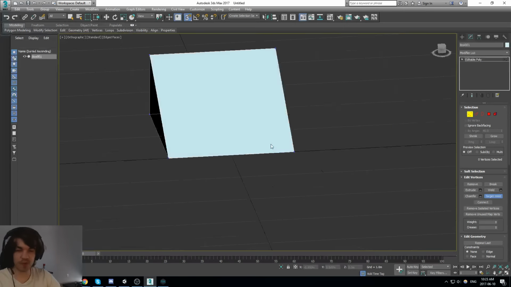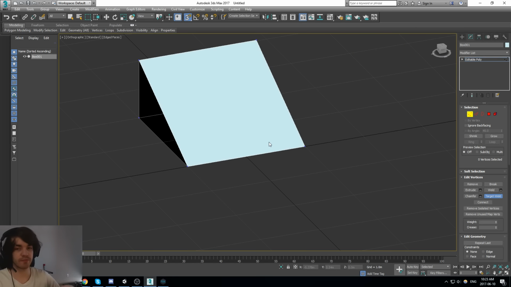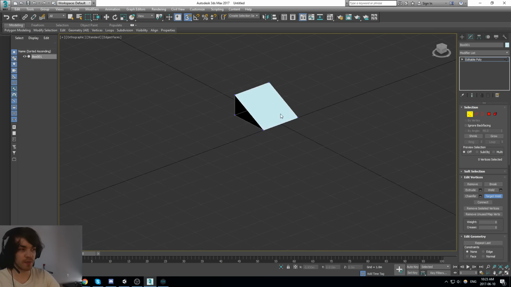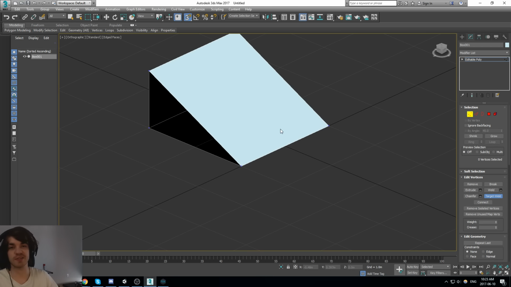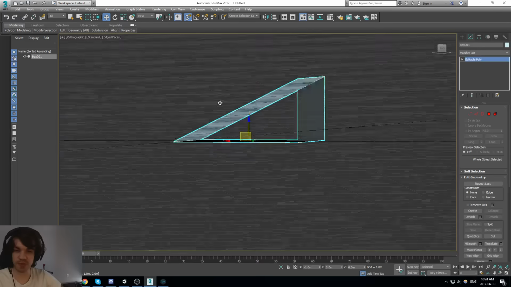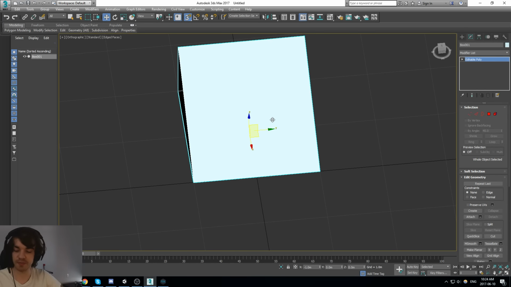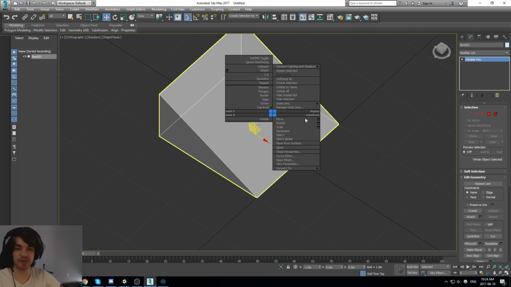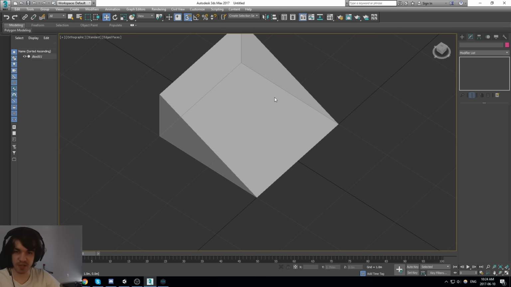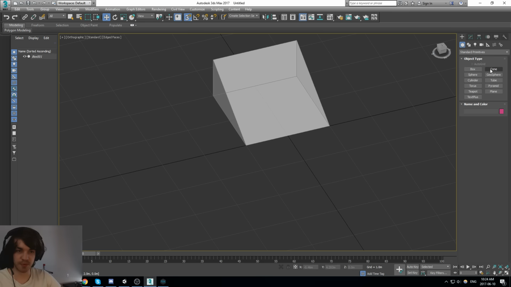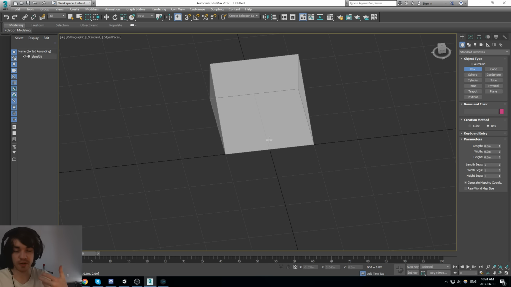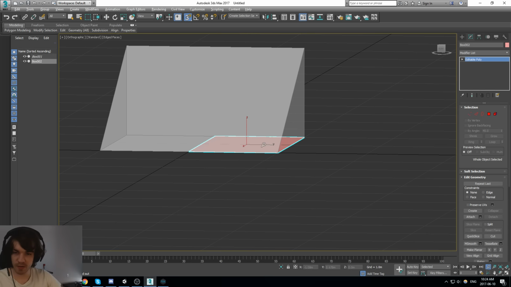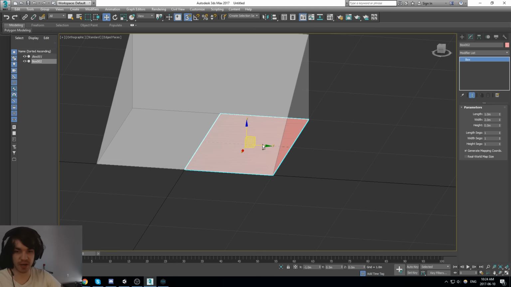So that would be the real size of my ramp, but we want to cover that with something more cool, something different. I was thinking about doing some wooden planks, like you would use as a jump. You see that in skate games quite a lot. I'm just going to freeze this object in the background so I can't mess with it. Freeze selection. Here we go. Now let's create our ramp. I'm going to go with the idea I had in mind of creating wooden planks. Oops, I'm messing up with my Mac keybind, sorry about that.